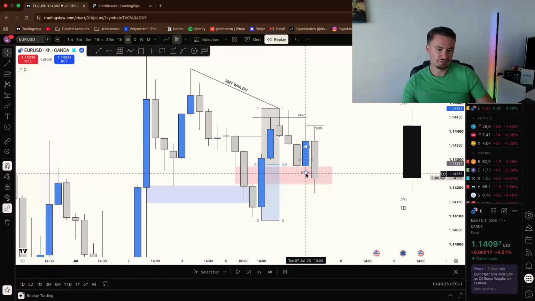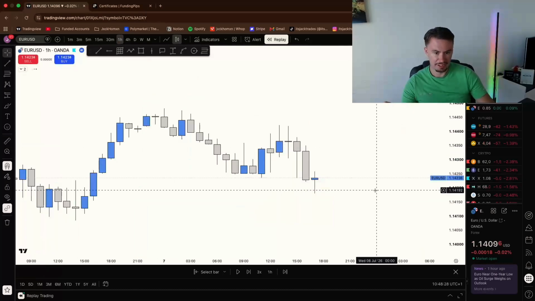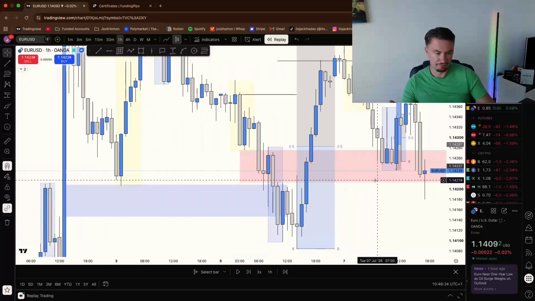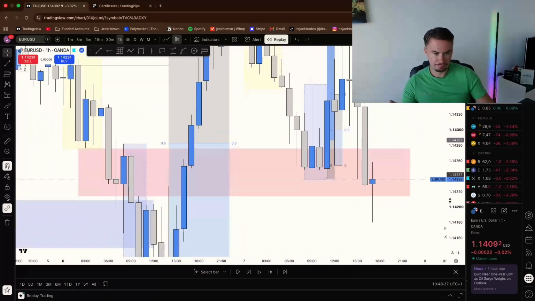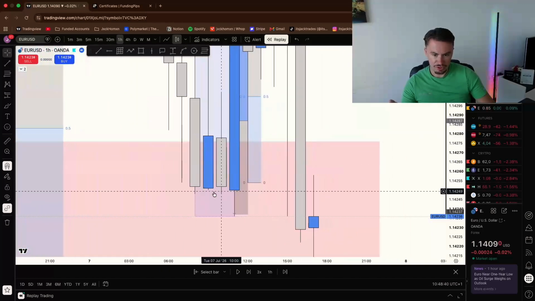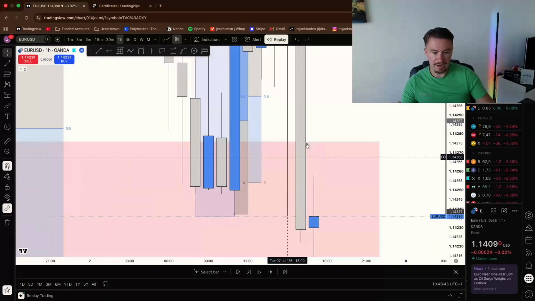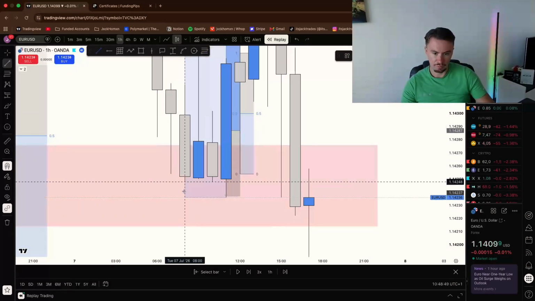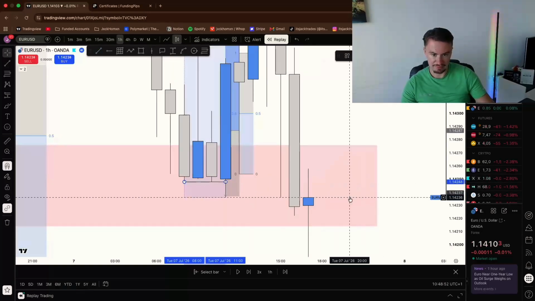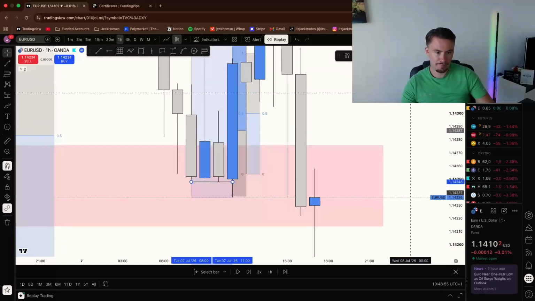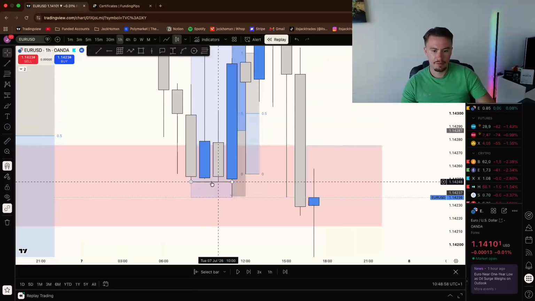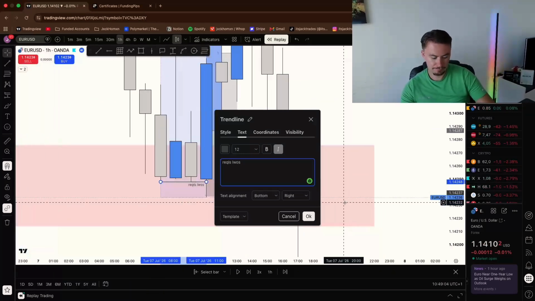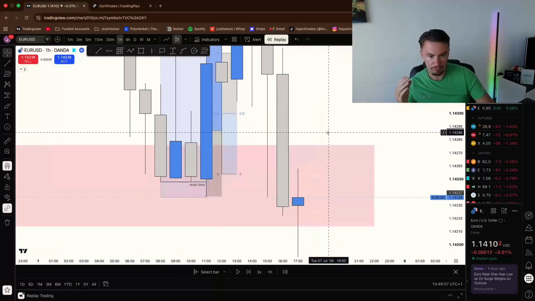I waited until price came into this PD array here. So this is the 4 hourly BPR. I wanted to see us, this was at 11, sorry, yeah. So I wanted to see us manipulate London lows, which we got here. These act as relatively equal lows down here. Relatively equal lows. And then all I was looking for was then some sort of eventual